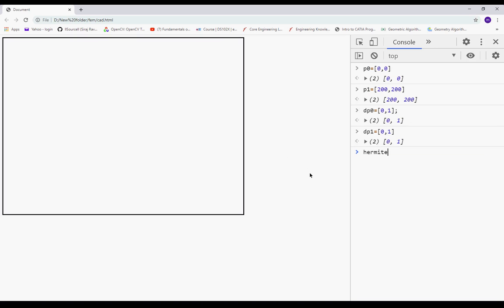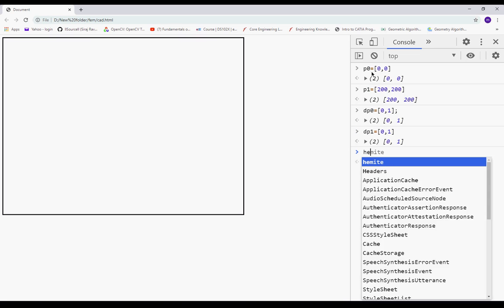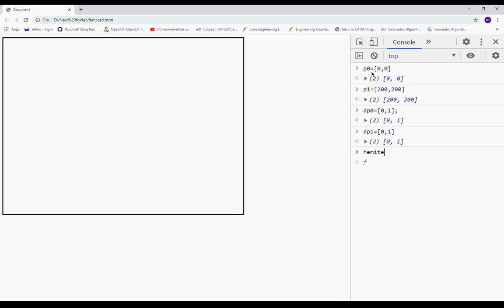Whether it is loaded or not. Okay, it is not loaded, so again I'll reload this. Fine. So now all the points have disappeared. I start with P0, I start with P1, DP0, DP1. The name is missing, so let it be Hermite for now.